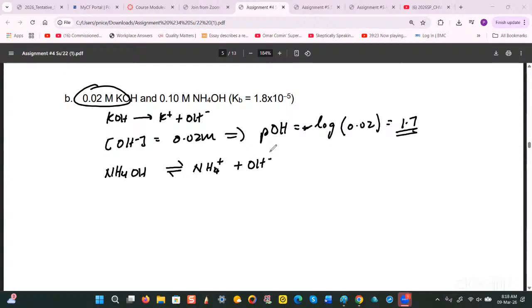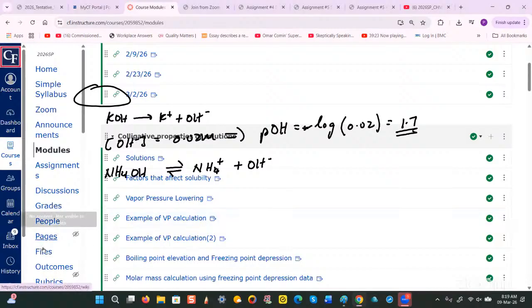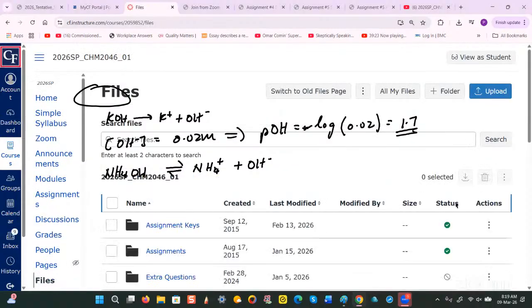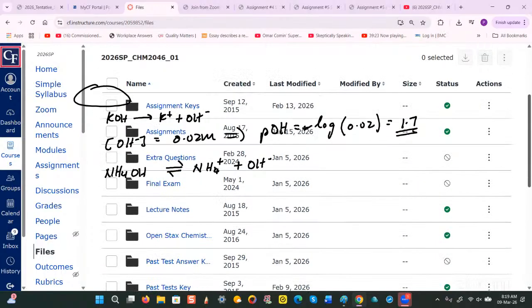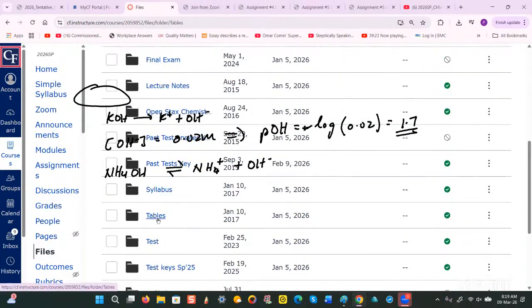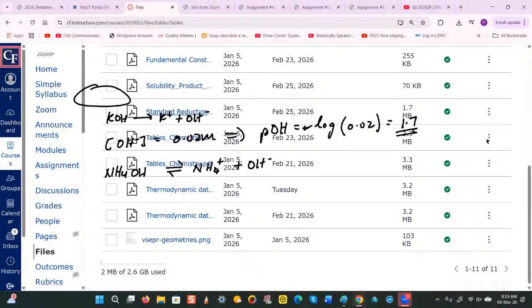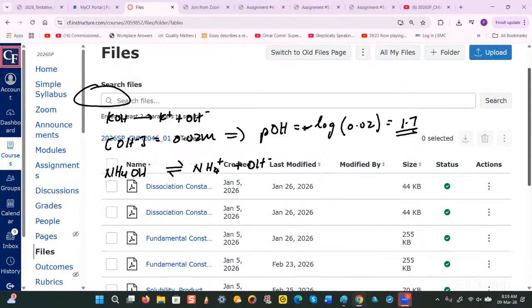Oh, by the way, did I tell you guys about the tables which give you the dissociation constants for weak acids and weak bases? Did I? I guess not. Okay, so I probably mentioned it in the videos. They gave you the Kb value for the base for the ammonium hydroxide, but you could be given a question where they don't give you that because you will have this table to look at. So let me show you what I'm talking about here. So if I go to tables, and then I go to dissociation constants,